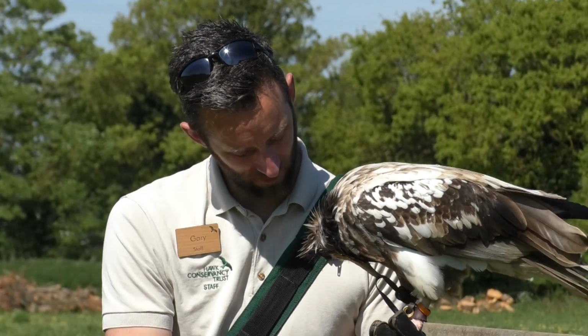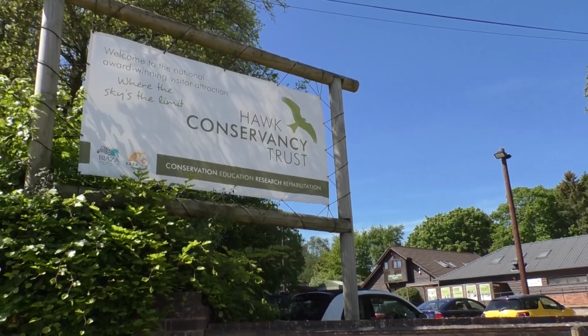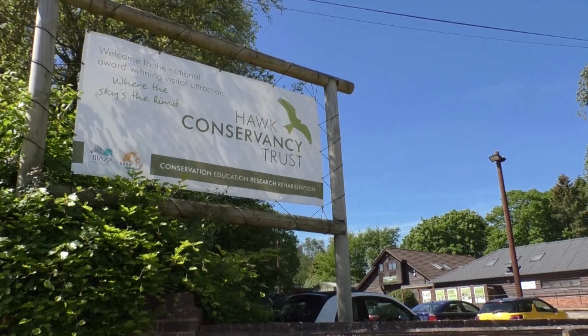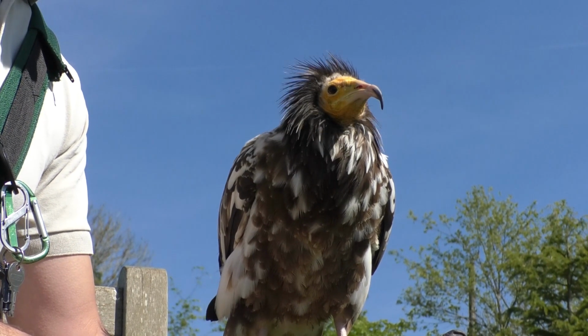Meet Gary and his winged friend Bo. She's been equipped with some high-tech gadgets so those at the Hawk Conservatory can learn more about her and other birds at the centre. Well, I'm here with Bo, and she is a female Egyptian vulture, a relatively small species